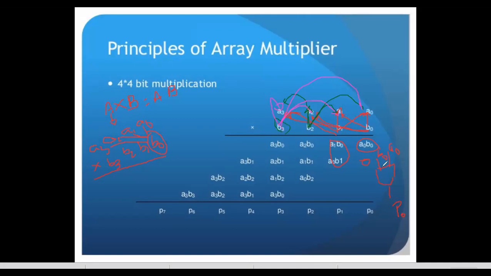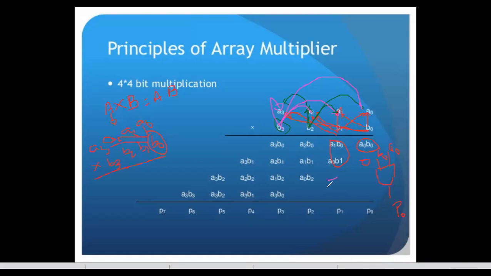Okay. Here the first product terms we can design simply with AND gates. All the terms, A0 with B0, A0 with B1, A1 with B0, A2 with B0, A3 with B0, all these can be designed simply with an AND gate. Later on, in the second stage, A0 with B0 and A0 with B1 have to be designed with an AND gate.